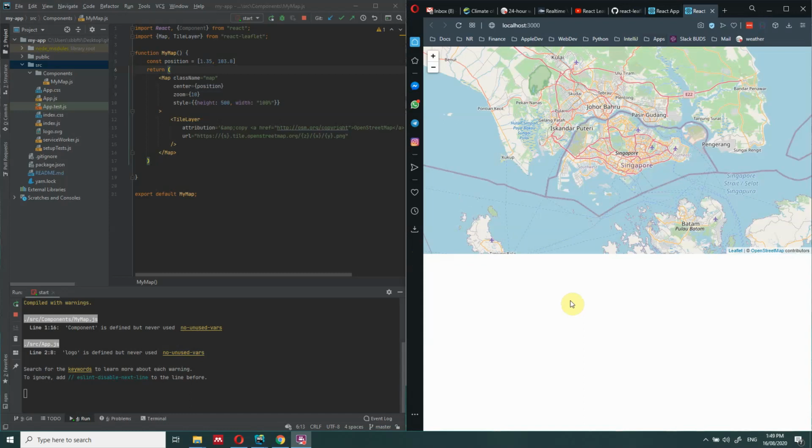I explained how to get started with React-Leaflet JS and how to get this map into our React application. So if you want to know how to get started, just look at the previous video and you can find it in my channel. But today we're going to see how to add